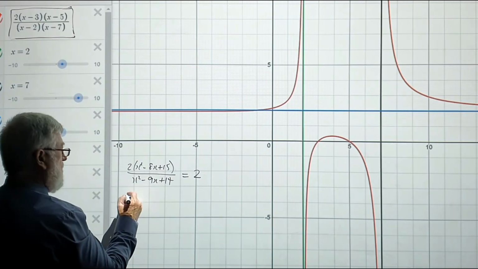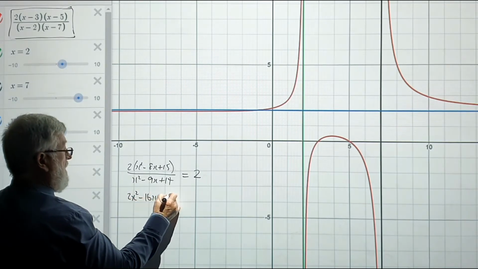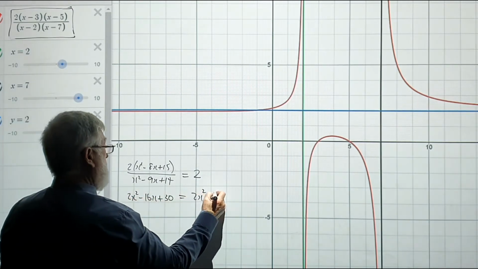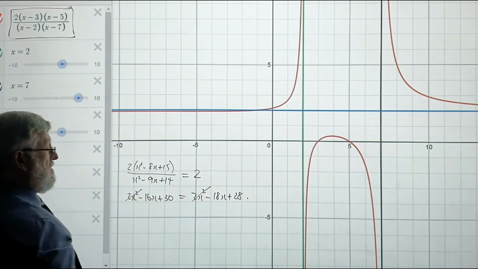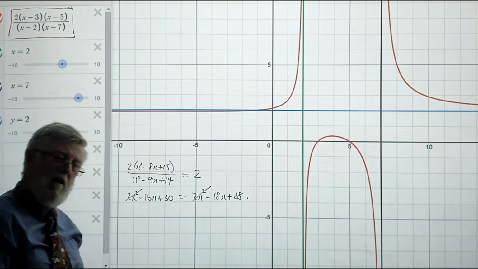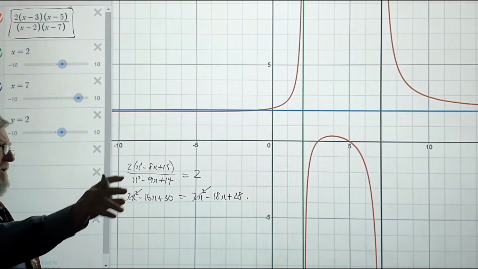Which is interesting if you write it like this. 2x squared minus 16x plus 30. 2x squared minus 18x plus 28. They cancel each other out. So how many points of intersection do we have again between the,